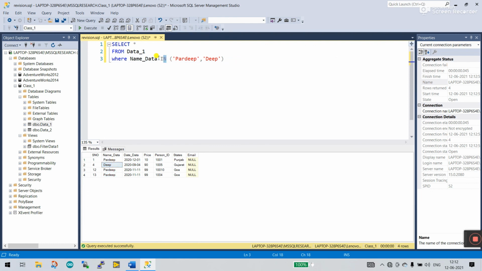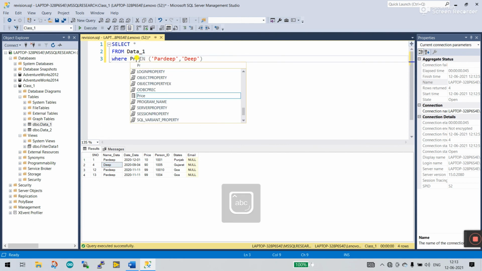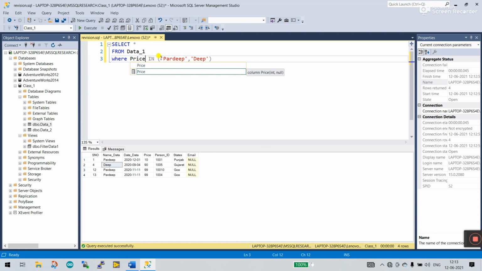You can do anything. Like I enter here price IN, and the first value I enter is 10. If it has 10 or 99, or otherwise I enter 90. Remove this one.